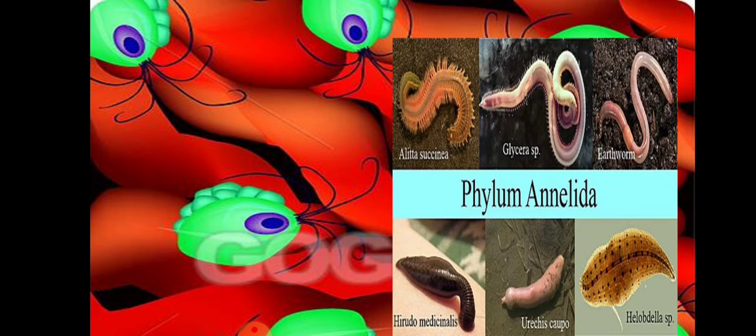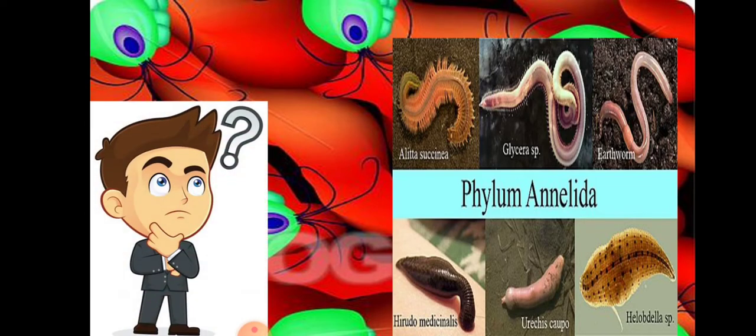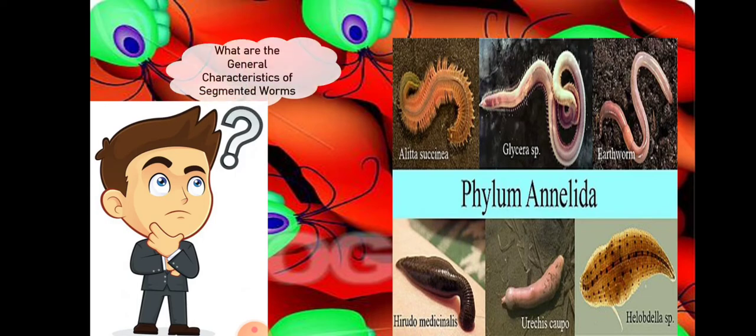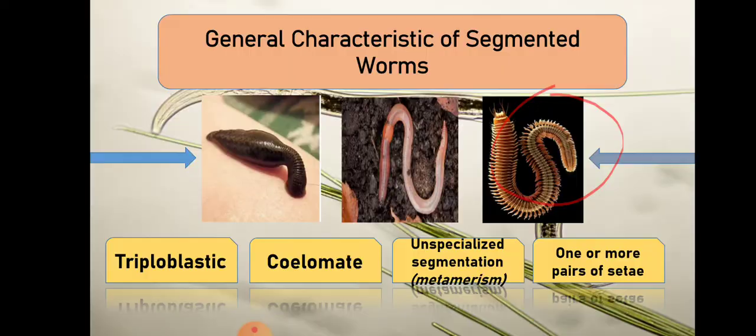Okay, so before we go through our discussion, can I ask what your observations are about the pictures? So yeah, it's all about the different characteristics of the phylum Annelida. So, what are the general characteristics of segmented worms? These are the summarized